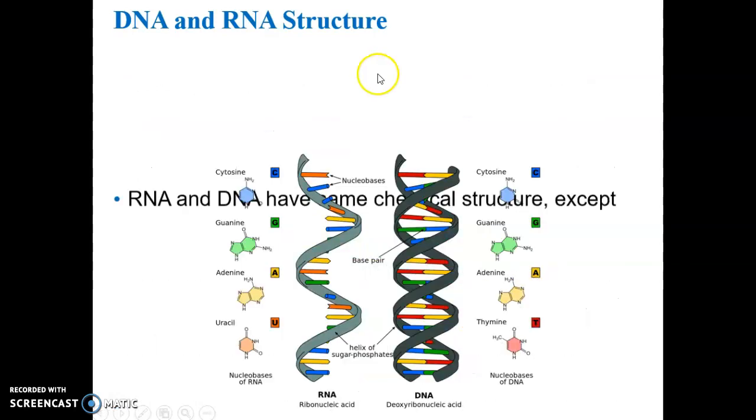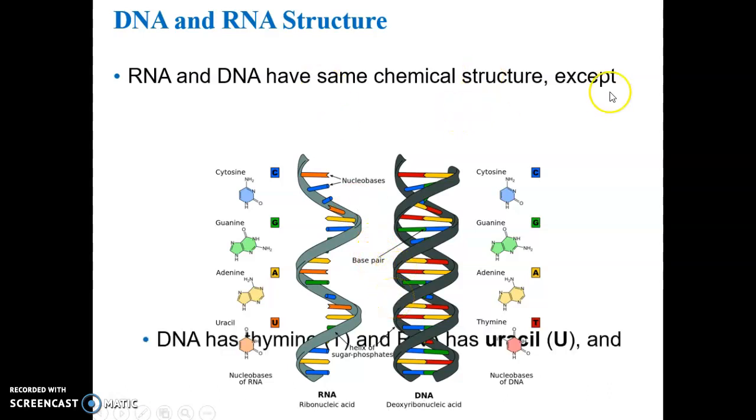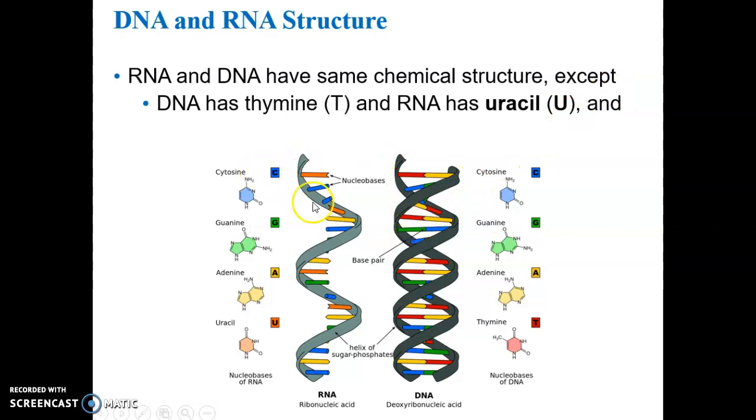All right, so DNA and RNA have the same chemical structure, meaning they're made up of nucleotides, very similar chemical structure, except DNA has the base thymine on one of its nucleotides. However, RNA has the base uracil on one of its nucleotides. So that's the main difference. Okay? Also structurally, DNA is usually double-stranded. RNA is